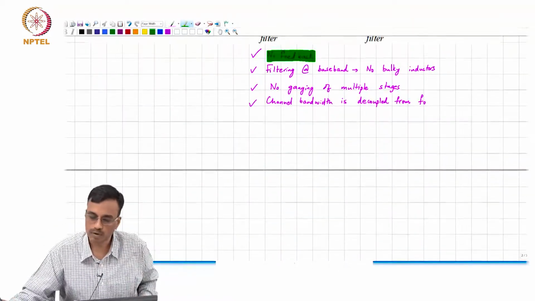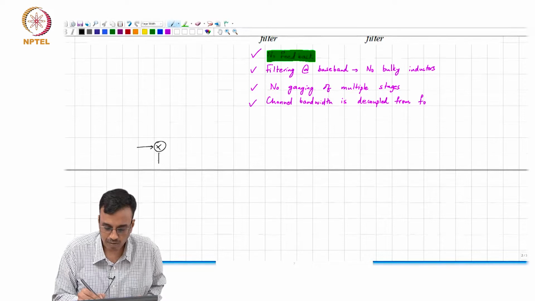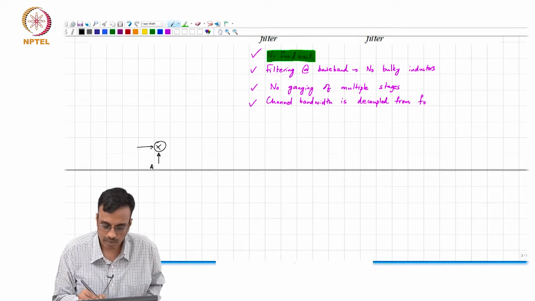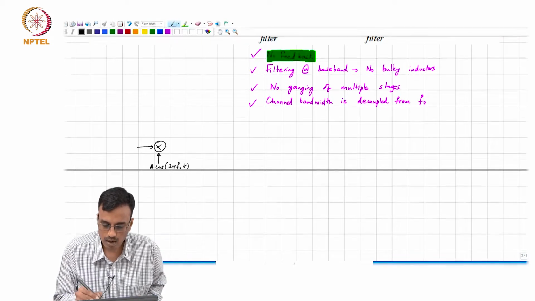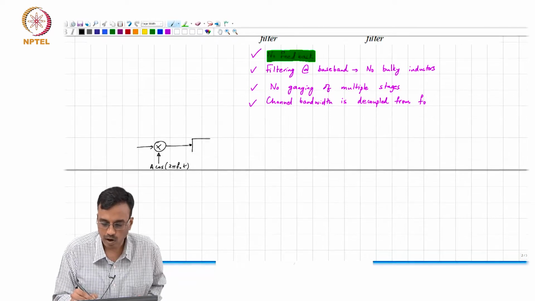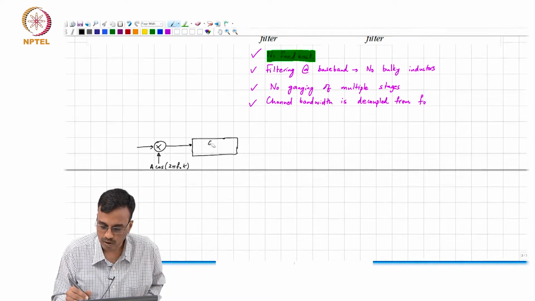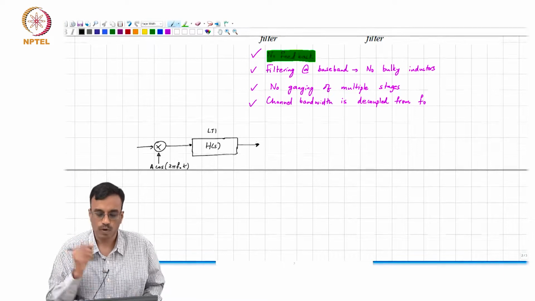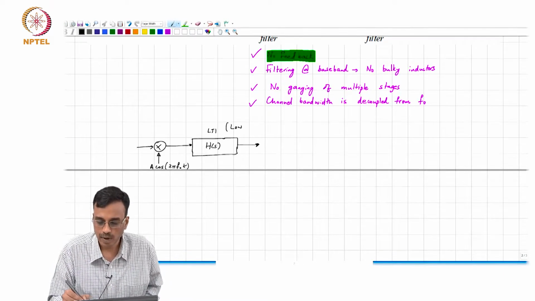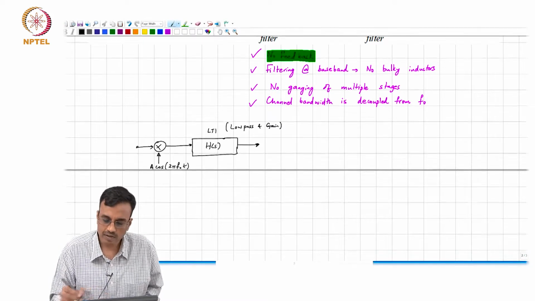Well, if you look at one of these chains, you have the RF signal here, then some kind of multiplier where it gets multiplied by some A cos 2 pi f naught t. Then there is a lot of gain and filtering. I am going to represent that by a single block diagram. I will call that H of S, which is a linear time invariant system, and this is the output. This is low pass and gain. So, what kind of system is this?